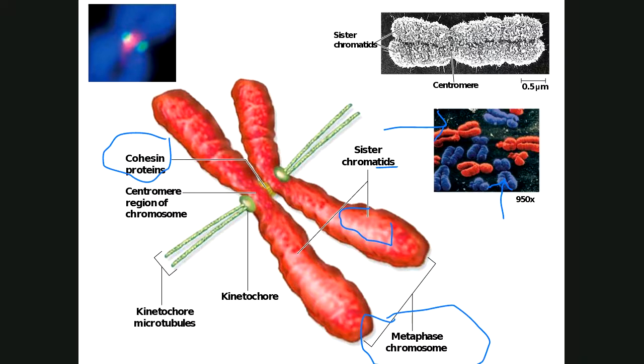And there's a picture up above again showing you under the electron microscope these sister chromatids. The centromere, there is no real thing called a centromere. A centromere is a region. A centromere is a narrowing of the chromosomes, and sometimes it's in the middle, like you see here, and sometimes it's higher up on one end of the chromosome than the other. But let me jump to the next slide and then come back here and fill in the rest of these.